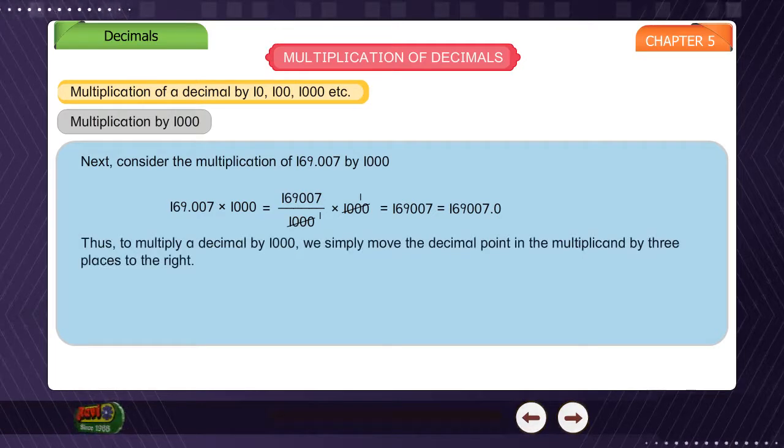Thus, to multiply a decimal by 1000, we simply move the decimal point in the multiplicand by three places